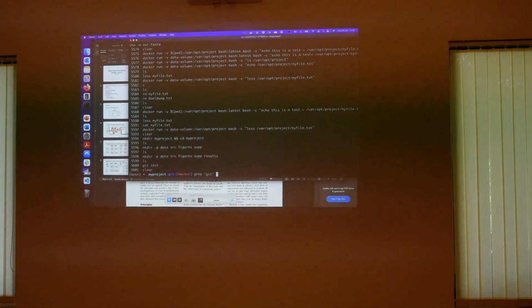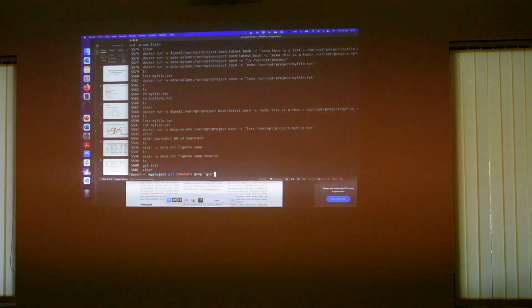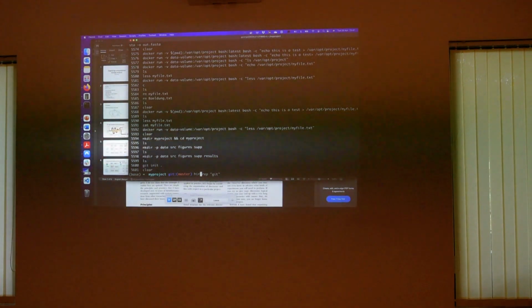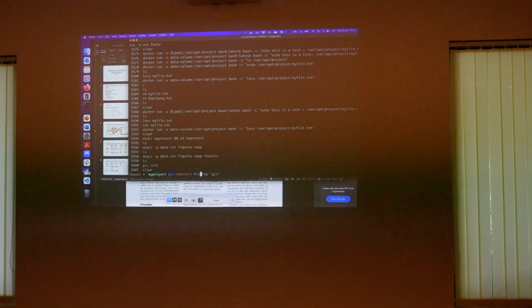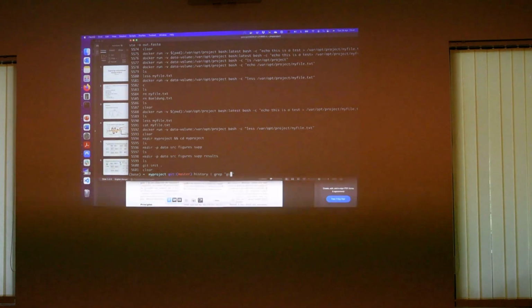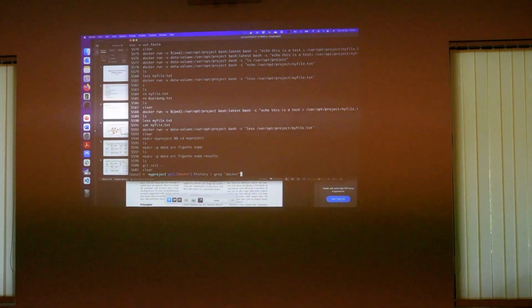I can pipe that request and retrieve it from history. So for example, if I run just history here, and I pipe the output of it, and I'm interested to see all the Docker commands that I've run for the day,